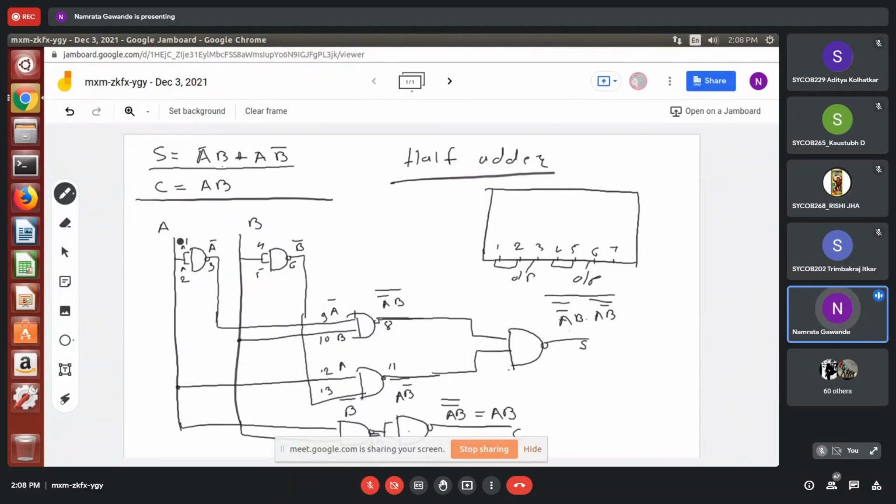Now I will take input A and connect it to pin number 1 and 2.